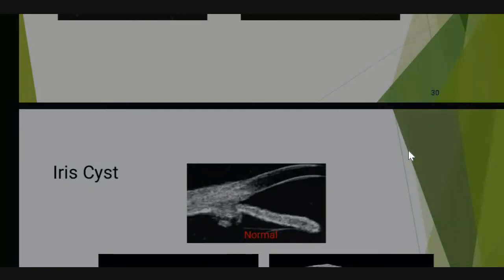No. Because we will just get hyperreflective echoes. When we have already seen the cases, we will know whether it is hypopyon or not. It is just black and white images only. While doing the UBM, we will not tell that it is silicone oil or a hypopyon. We just see hyperreflective echoes. Why are these hyperreflective echoes there? If we see the slit lamp or the file, you will know that because of this silicone, because of this hypopyon, we're getting the echoes. The same thing applies to all diagnostic examinations.